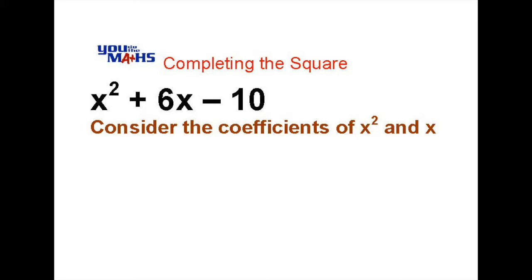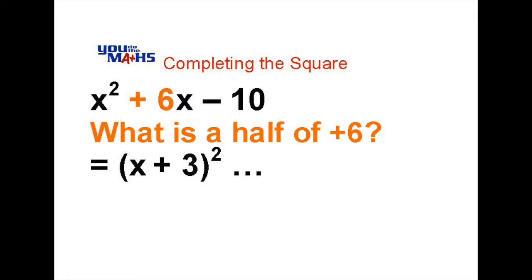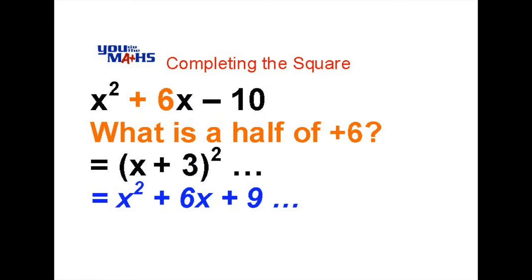It's a positive 6. So what we do is we look at a half of 6 and we put it in the bracket, and the bracketed expression becomes x plus 3 all squared. Now that's not the solution yet. What we need to do is consider what that bracket squared is going to give us. It gives us x squared plus 6x plus 9, and it's advised that you check that to make sure that